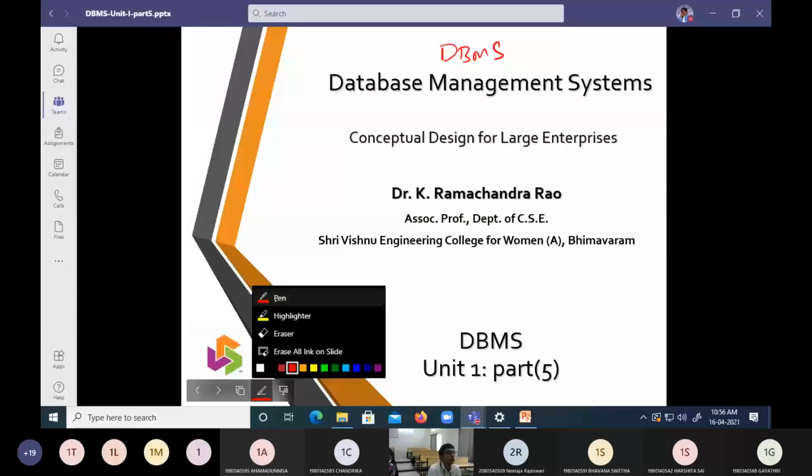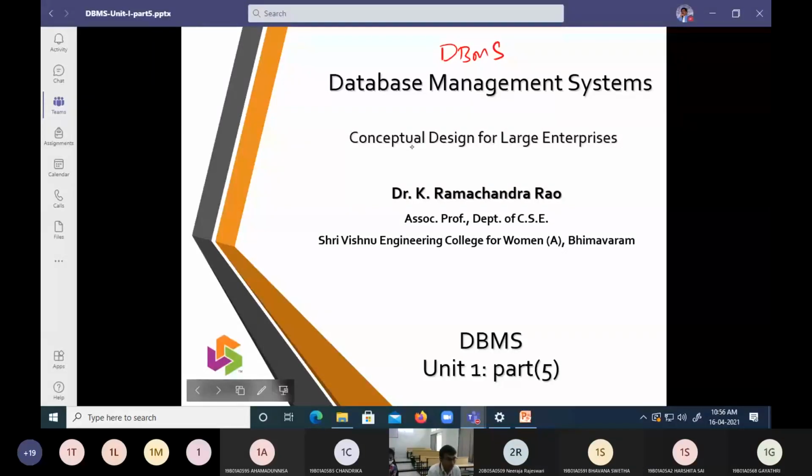We'll be talking about the conceptual design in large enterprises. The same ER diagrams we are going to talk about, no doubt about it, but instead of working on two ER diagrams, we will work on ternary ER diagrams. If I call it a ternary ER diagram, then we are assuming an ER diagram for three.